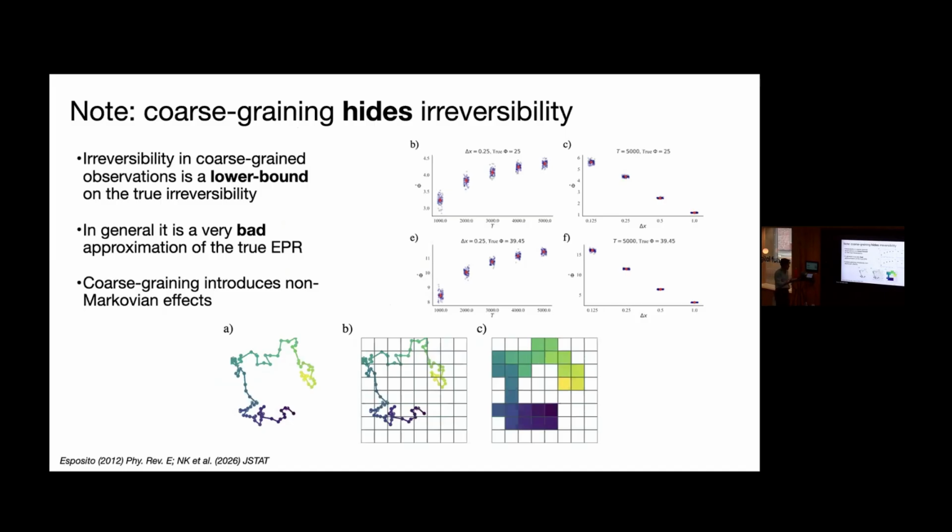This is something that people have been interested in for a long time, and it definitely matters when you talk about neural dynamics, is that coarse graining has really complicated effects on irreversibility. So if you approximate the continuous process with discrete states, which is what we're doing with this method, if you observe things coarsely in time, so you don't see all the time points, you just see snapshots, or if you only see some of the variables, so there's some variables you don't see, all of this gives you a theoretical lower bound on the true irreversibility. Basically, you don't have enough information to figure out the true irreversibility. And in general, it's a pretty bad approximation of the entropy production rate.